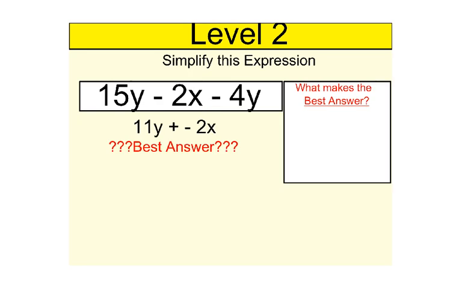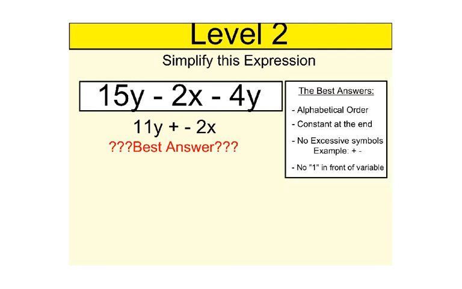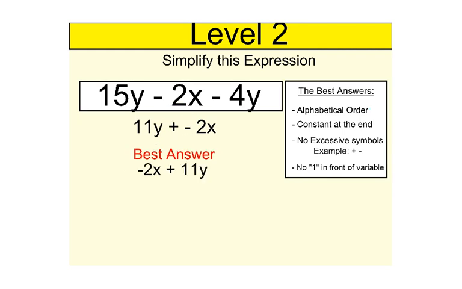Now we're going to go through this problem and say, what's my best answer for this problem? What makes a best answer? Well, here's a list of things that makes a best answer. The first thing is it needs to be in alphabetical order. Is it right now with the y first? No, it's not. I need that x first. So I'm going to write the negative 2x first. Then it says it needs the constant at the end. Well, there isn't a constant. Remember, a constant is a number that does not have a variable. So check. Now it says no excessive symbols in it. So that plus a negative there, we don't want that. How do we get rid of it? Well, we're going to change it to